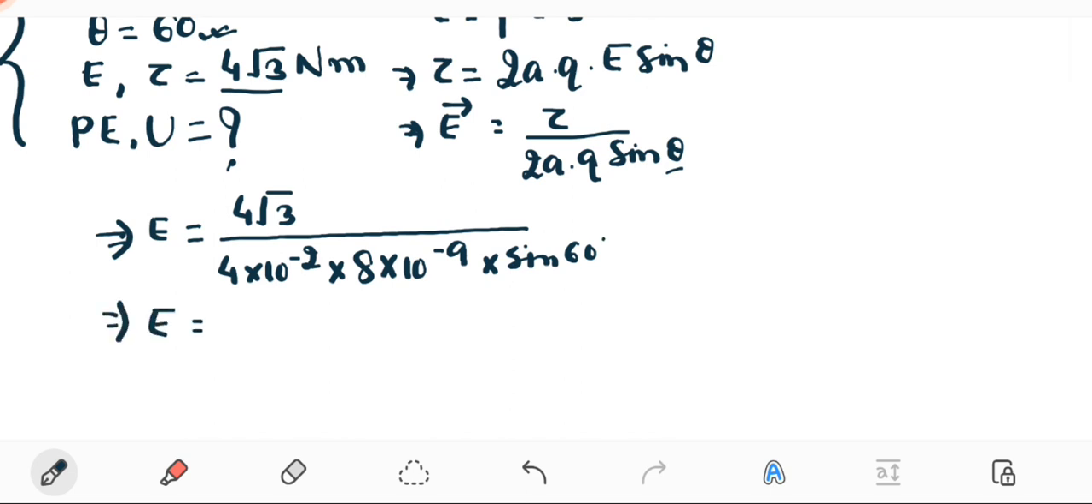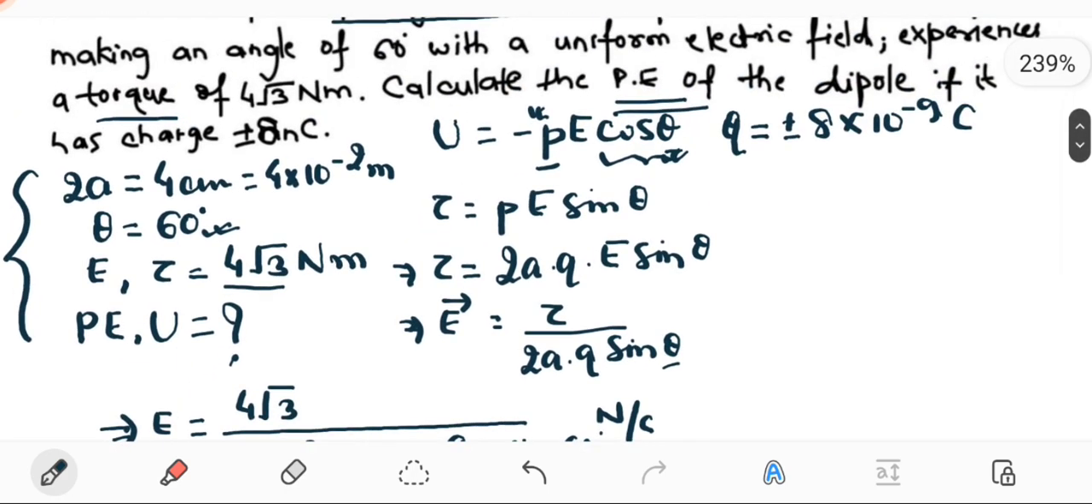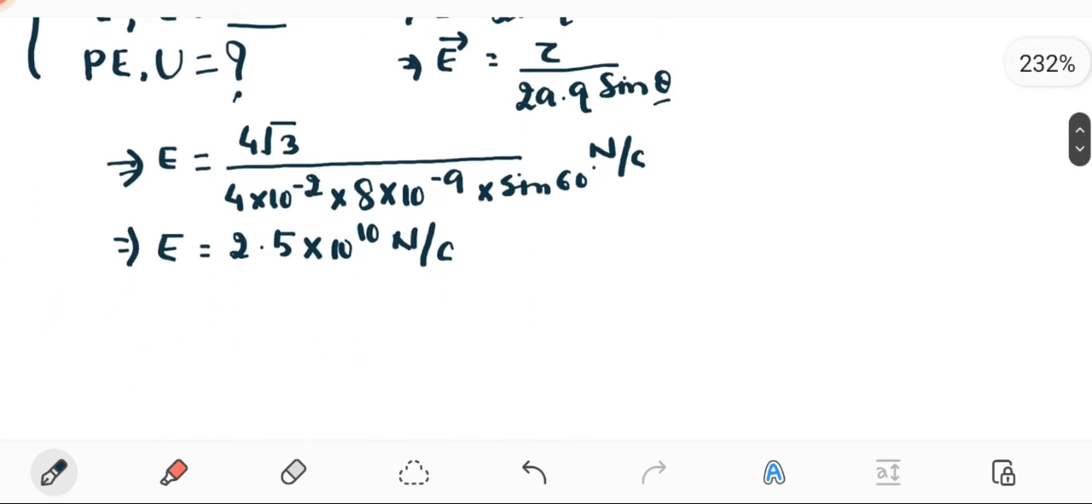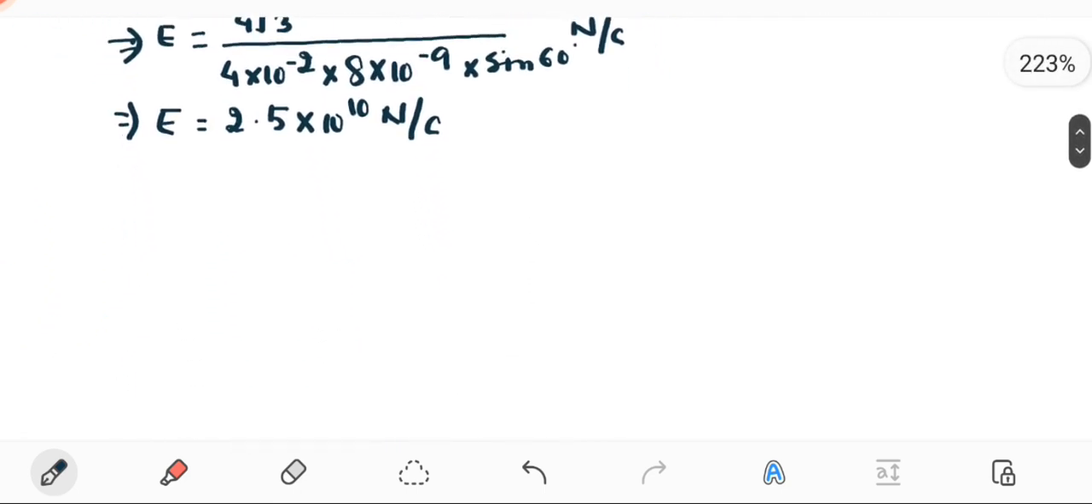So after solving it, we will get the formula. This will be equal to Newton per coulomb. After solving it, you will get it is equal to 2.5 into 10 to the power 10 Newton per coulomb. Okay, now for potential energy, we need P E cos theta. So we have found the value of E now over here, so we can put it in the formula of potential energy. Therefore,